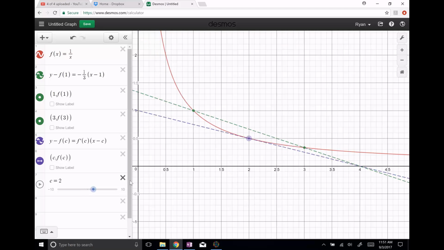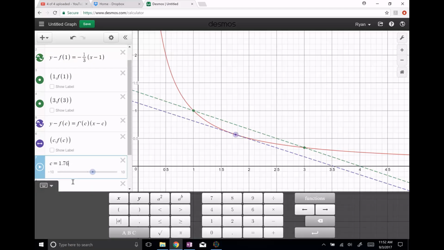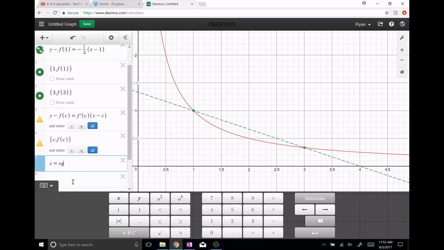And if we were playing this game, I'd say somewhere right around in here-ish. This looks pretty good, right? So this is a place where the tangent line is parallel to the secant line. So this would be my c value around 1.764. Now in reality, we just solved and we saw that our c value should actually be the square root